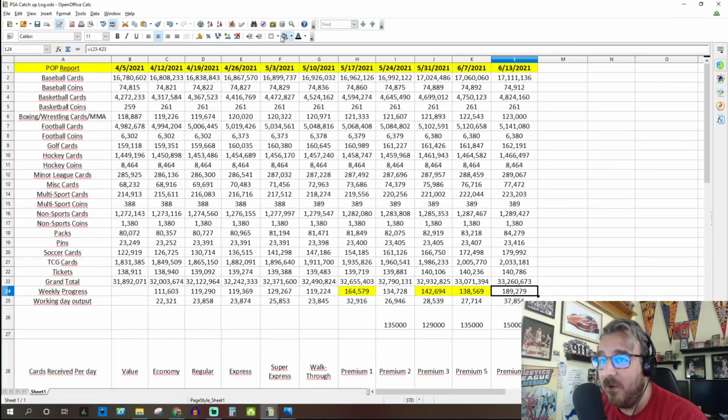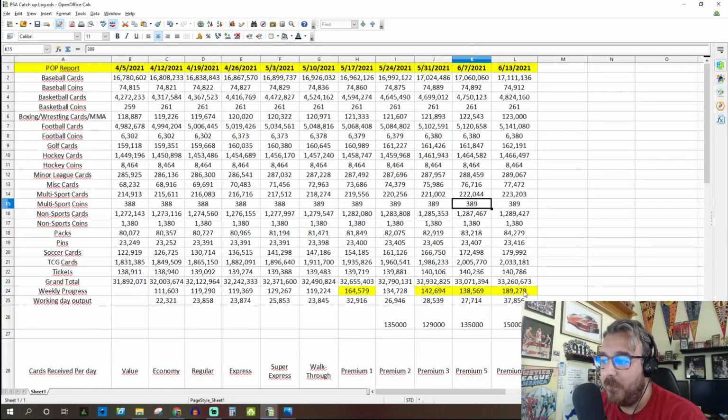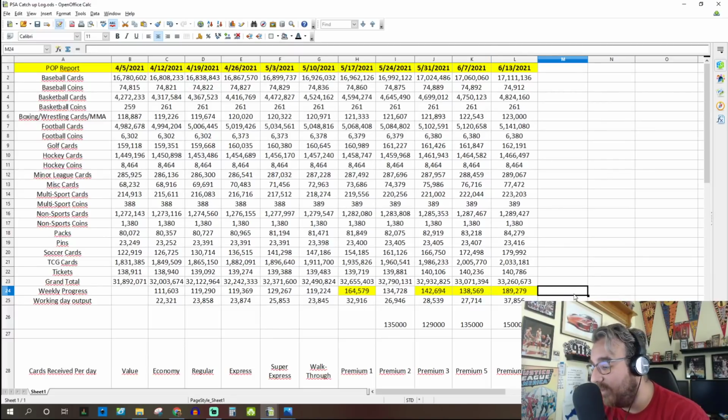But check this out: 189,000 cards were graded last week. That is almost double when we first started. It completely blew my prediction out of the water. I was thinking about 150,000. I think at some point I had predicted 180,000, but it wasn't going to be until the end of this month. But they're already there. They did almost 190,000 cards, which is insane. That's over 50,000